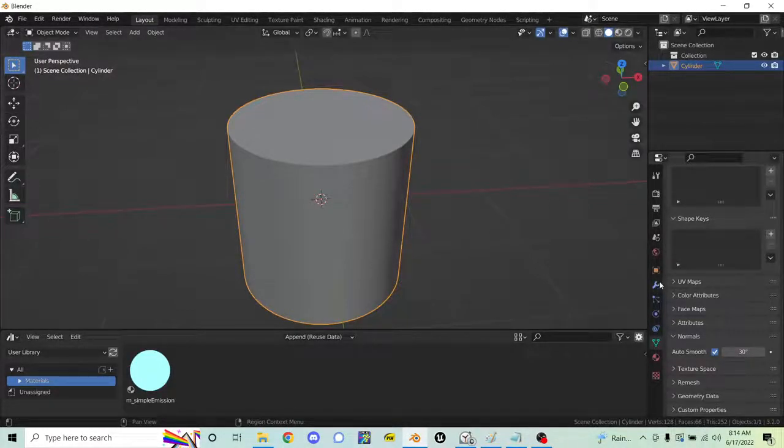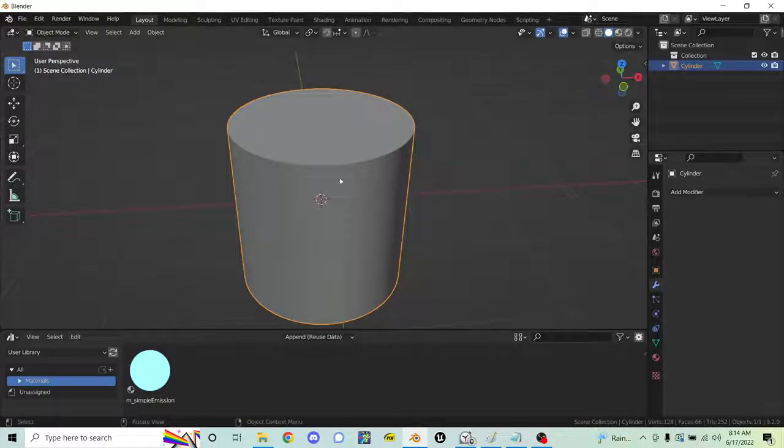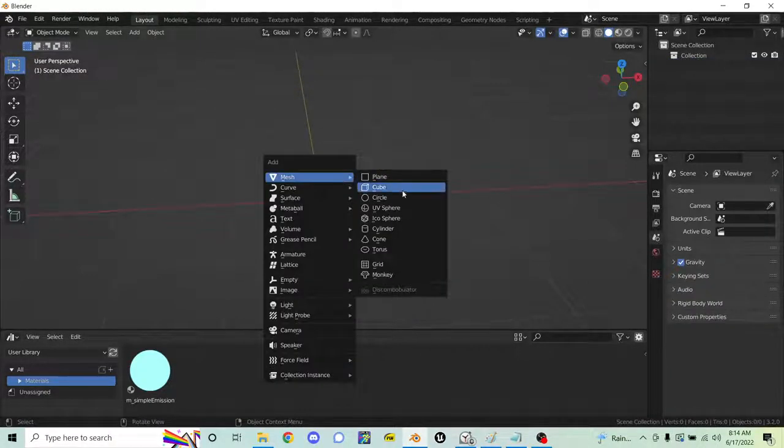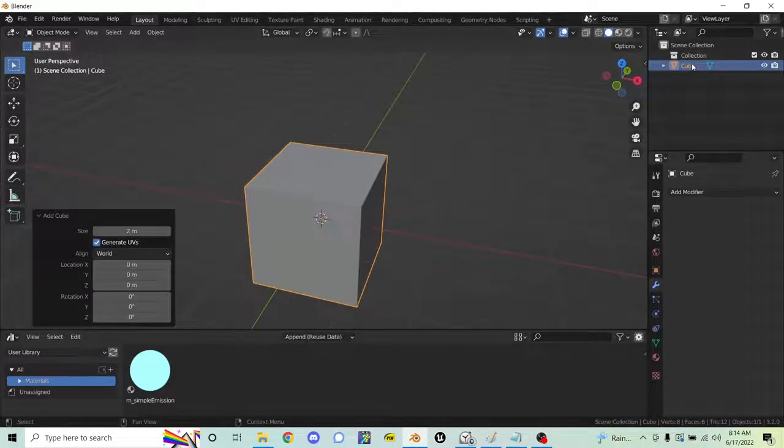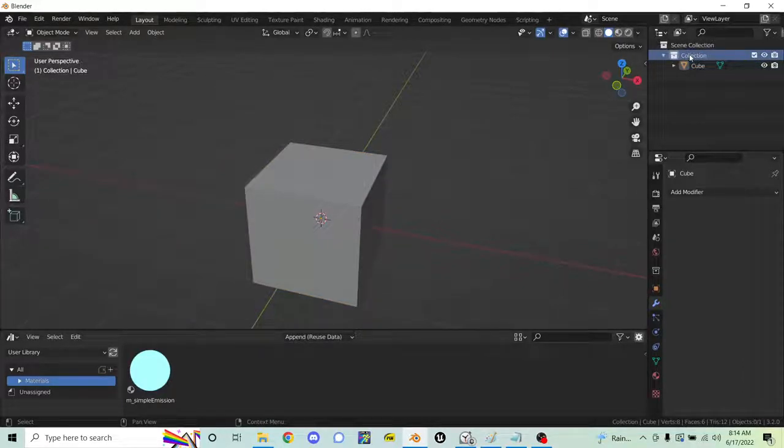Okay, now I'm going to talk about modifiers. I'm going to delete this cylinder. I'm going to hit Shift A and add a cube. And I'm going to drag this cube into this collection. A collection is kind of like a folder in Photoshop,